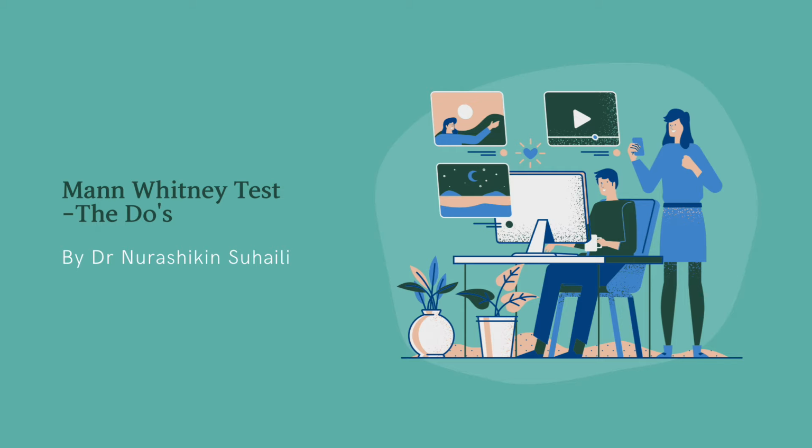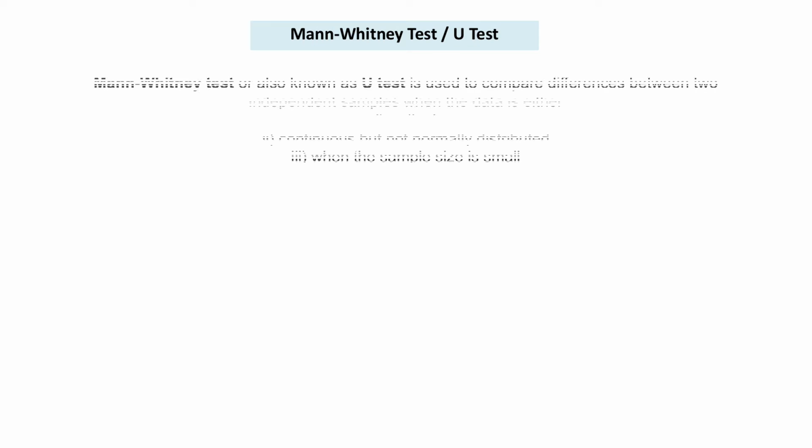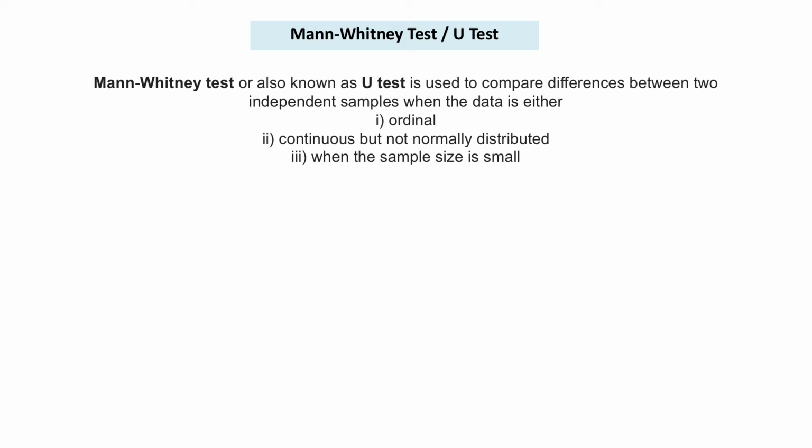Hi guys, in this video we're going to have a look at the Mann Whitney Test, which is another type of non-parametric test. First, let's have a look at the background of this test. The Mann Whitney Test is also known as the U-test, whereby the test is used to compare differences between two independent samples